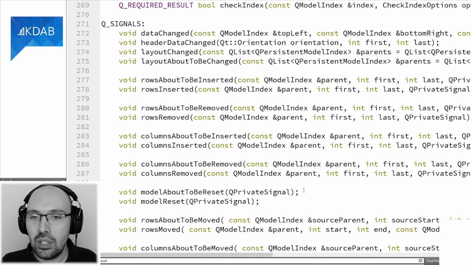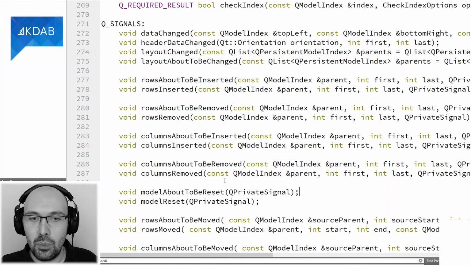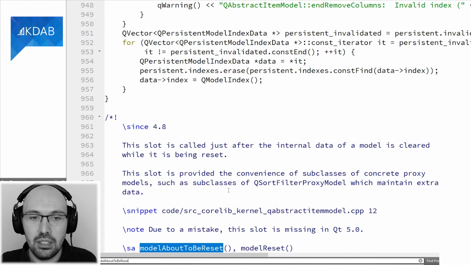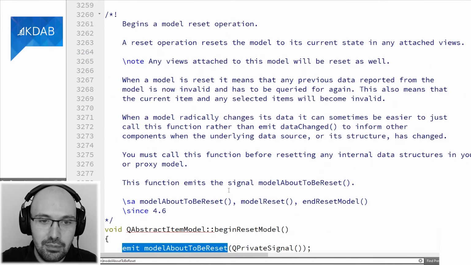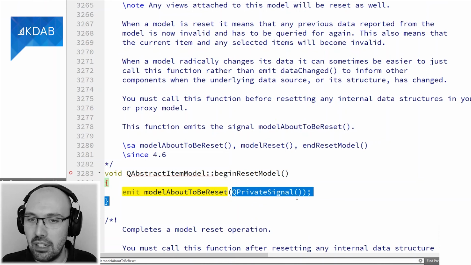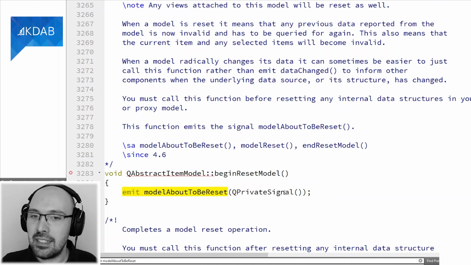Somewhere in the C++ file, for instance, let's check where this signal is emitted. I can just jump into the implementation and check emit. Yeah, here we go. In order to emit this signal, I must build an argument of type QPrivateSignal. And since this is a private type, only me and no one else, not even my subclasses, can actually build this argument.